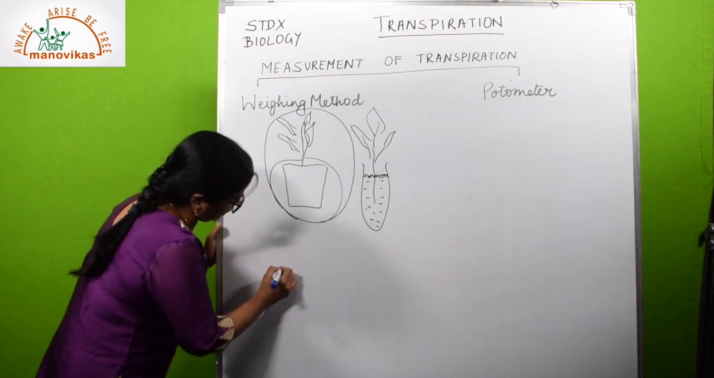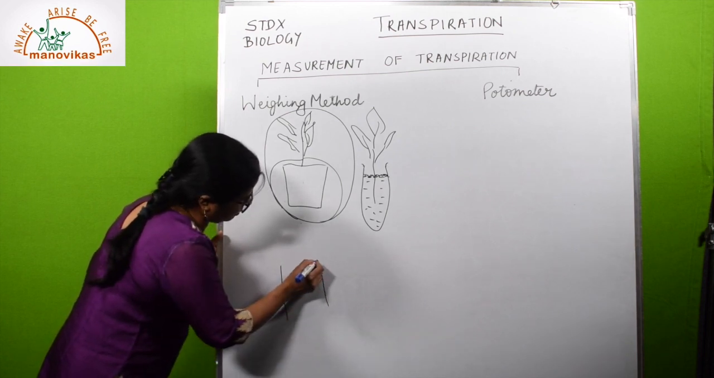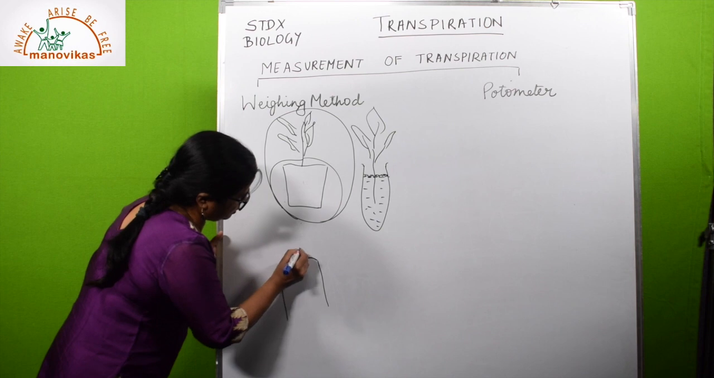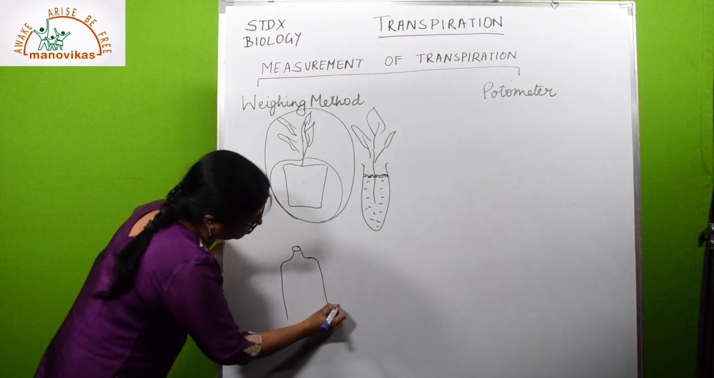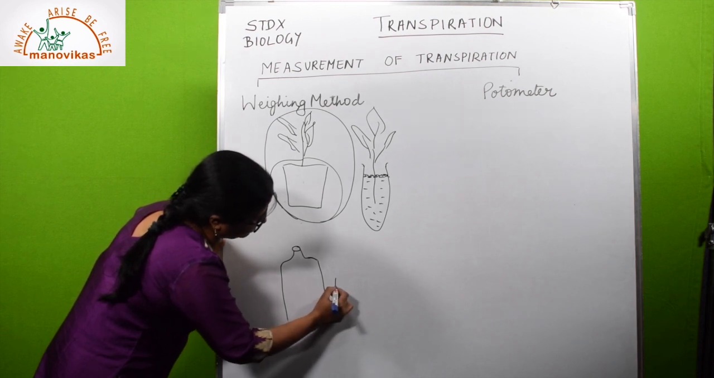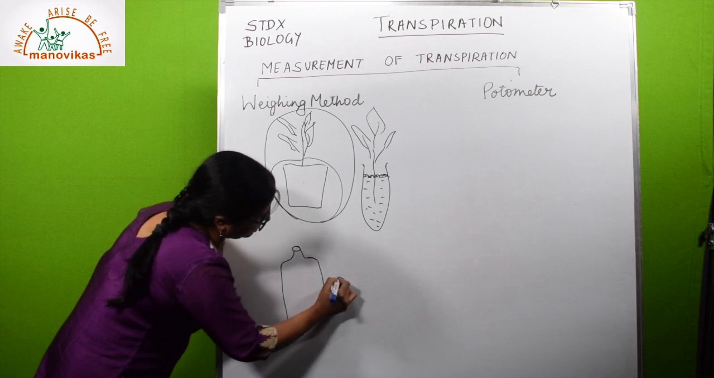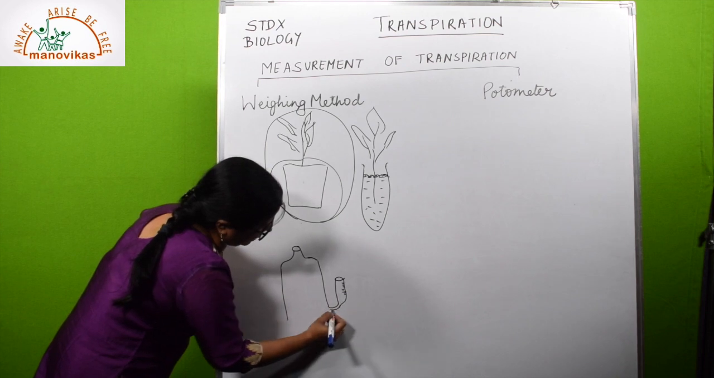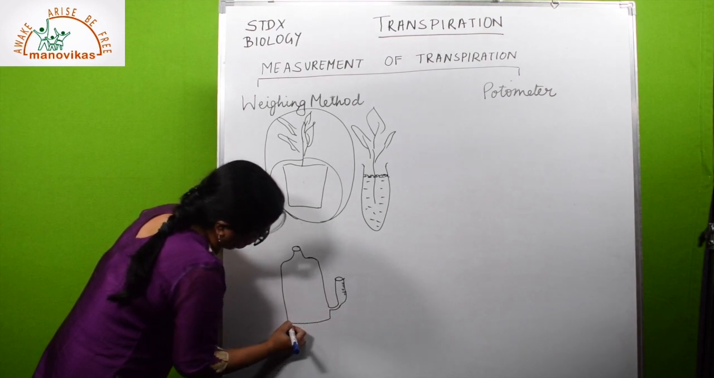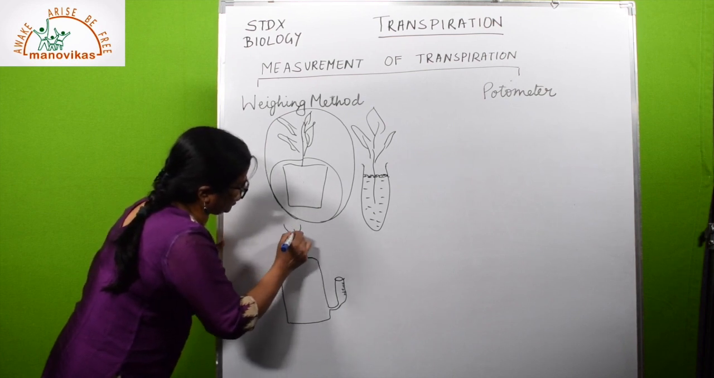Then there is another apparatus, we can call it. So this is like a bottle. This bottle, by a rubber tube on the side, is fixed to a reservoir. Now this reservoir is a graduated reservoir, so there will be a scale here, and then over here a twig is inserted,